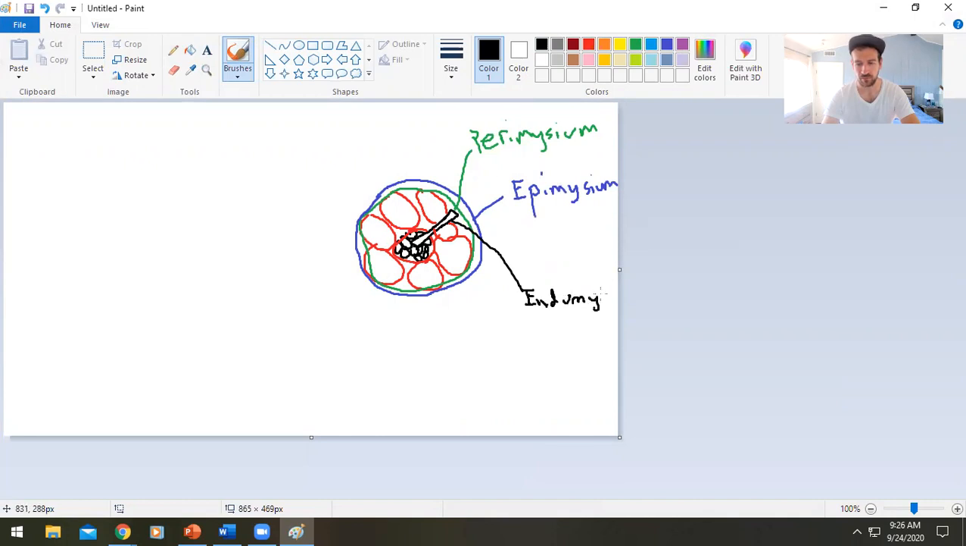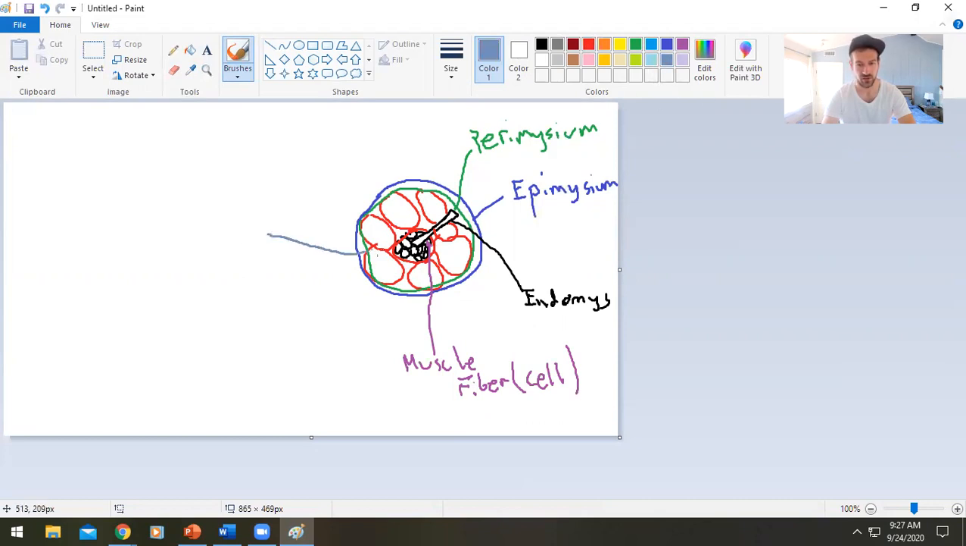Endomysium, right? The endomysium is that innermost layer, and then you would have, what we would call, the individual muscle fiber, that's your muscle cell. And we'll just write that here. We'll say it's a cell. And then a bundle of muscle fibers,